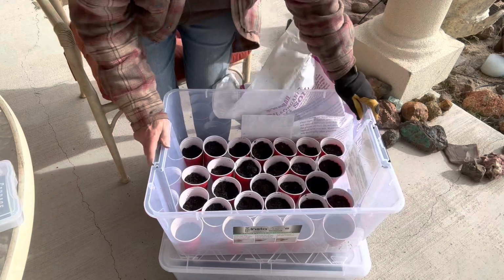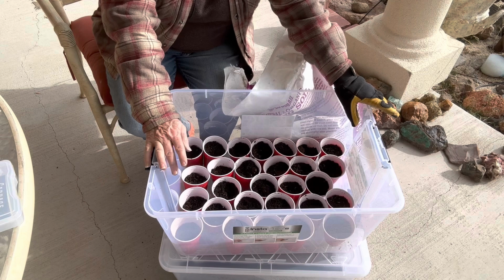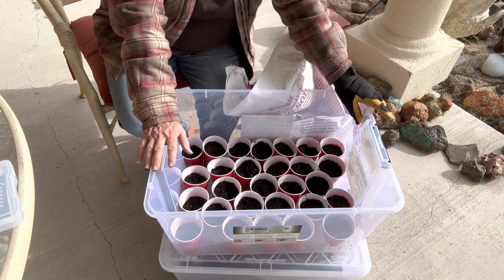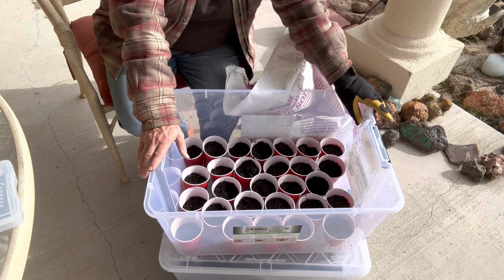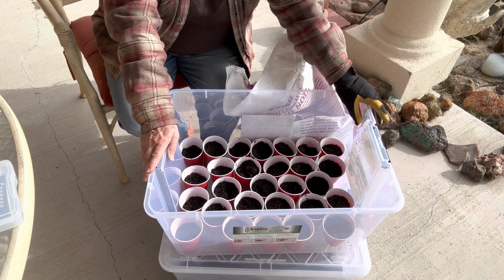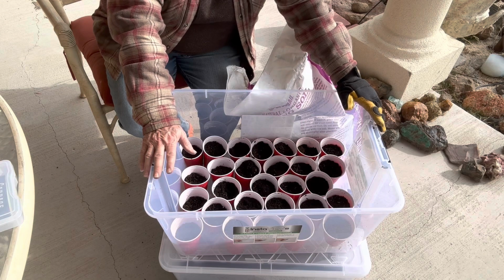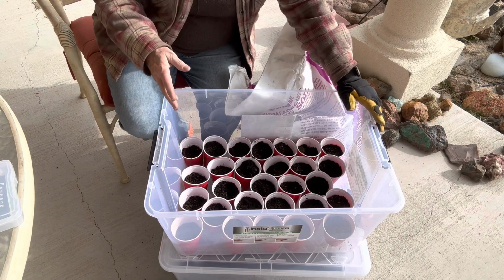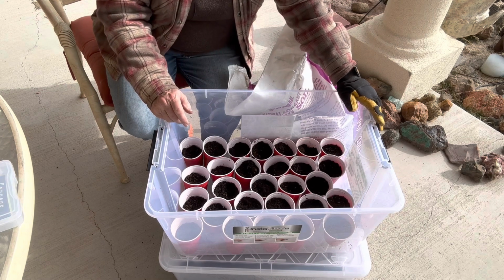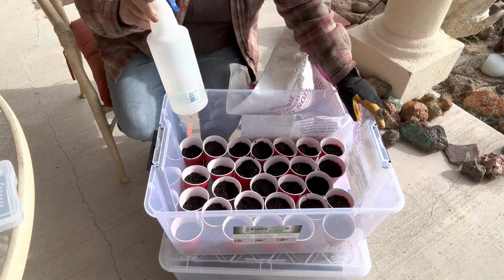planted. So I finished filling all my little cups, and I got 28 or 29 in here. I have not planted them yet. These are probably going to be cooler weather crops like broccoli and cabbage and things like that. So they will start coming up a little bit earlier. So I'm going to be planting those, marking what they are on the cups, and then I'm going to do the same thing. I'm going to spray them down with the water bottle,